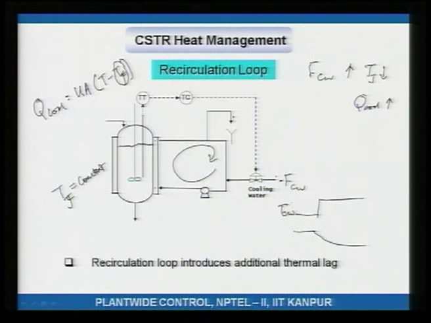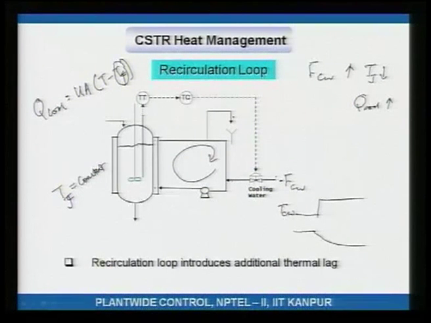On the other hand, if the same thing happened here, if T cooling water goes up as a step, well, then what happens? Cooling water is hotter, therefore the jacket is hotter. Because the jacket is hotter, less than necessary heat gets removed across the walls of the reactor, therefore reactor temperature starts to rise. As the reactor temperature rises, in response to the feedback action of this temperature controller, you will add more cooling water. As you add more cooling water, the jacket temperature goes down, heat removed goes up, and then the deviating temperature comes back.